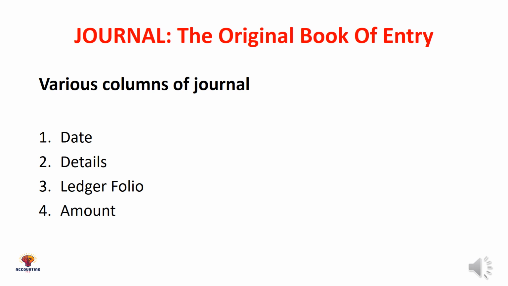Details. In this column, the names of the two connected accounts are written in 2 consecutive lines. In the first line, the name of account debited, and in the second line, the name of account credited. While the name of account debited is always placed close to the left hand margin line, the name of account credited is commenced a short distance away from the margin line, and this arrangement will show clearly which account is debited and which is credited. This also shows that credit amount is placed on the right hand side of debit